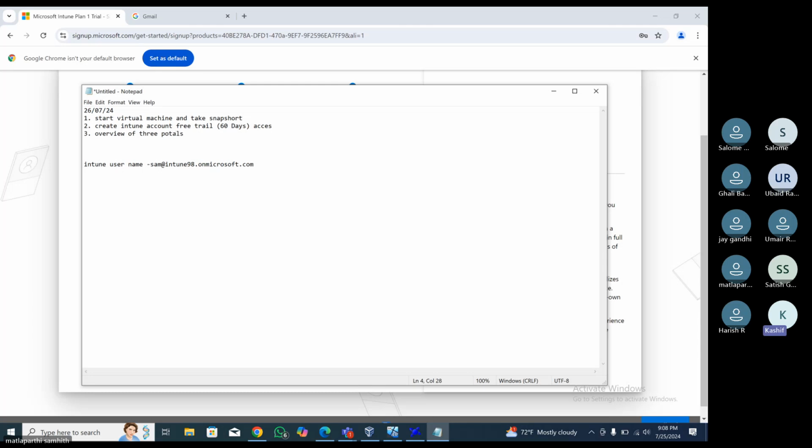In brackets type in Intune, comma, Microsoft 365, comma, Entra ID. Close the bracket. Now when you create your Intune account, you can log into these 3 portals with your Intune